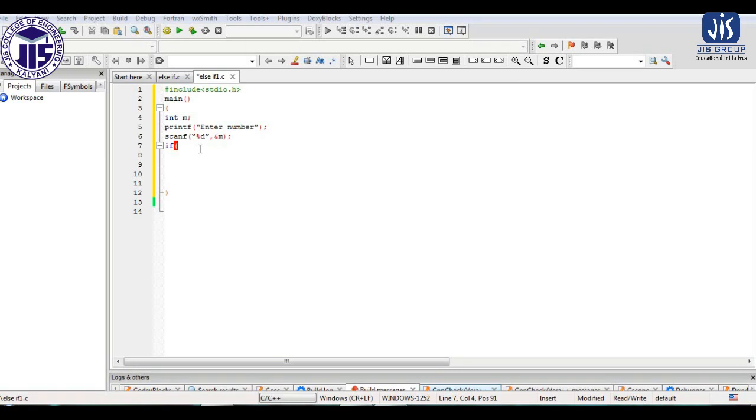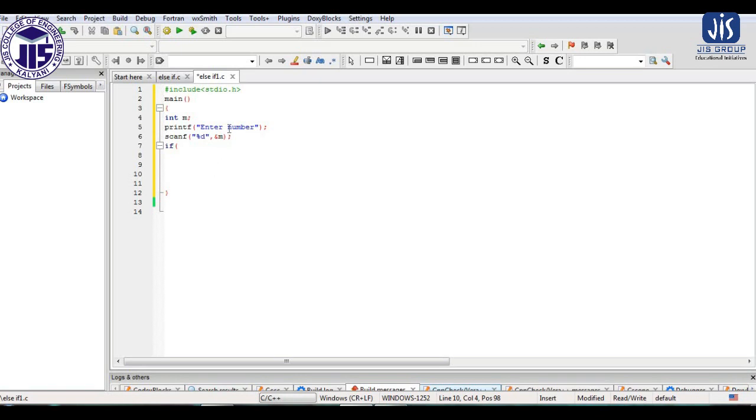So in this program we are going to discuss the else if ladder, how we can use it to solve a particular problem. In a very simple program, I have taken a variable m, for which we are providing the input at runtime. Depending on the input we will print something. That means if my input is 1, it will print 1. If my input is 2, it will print 2. In that way I will show you up to 5.